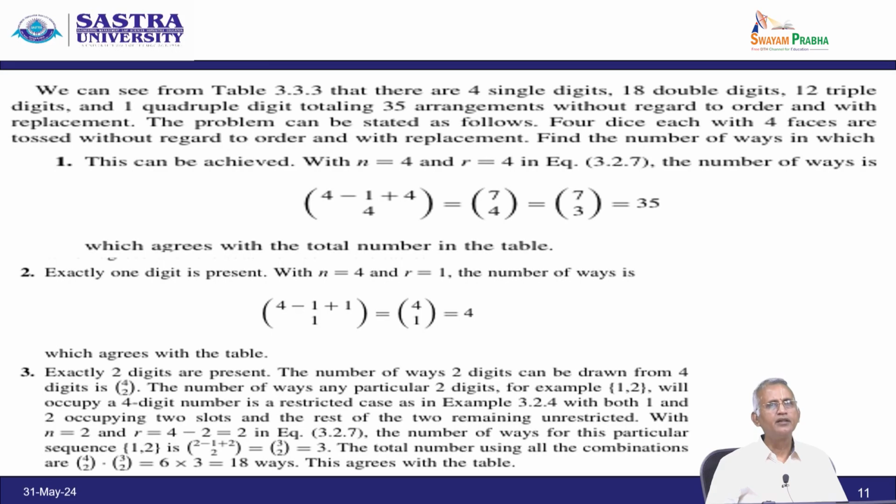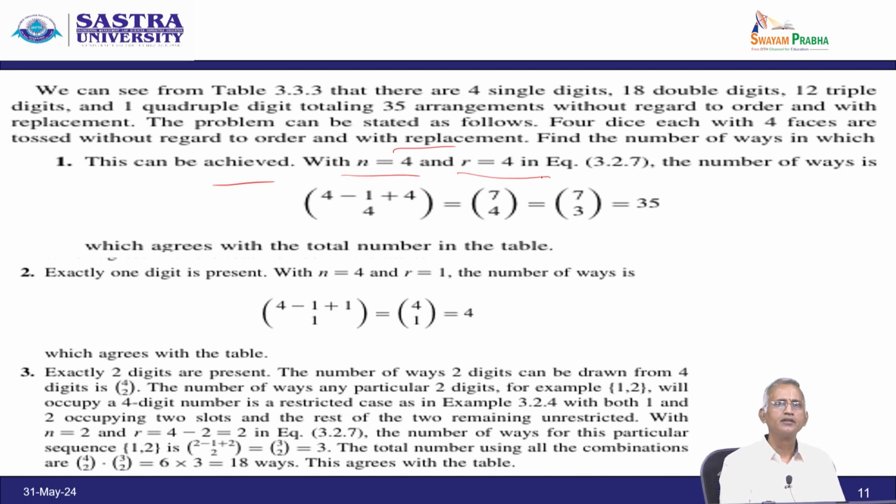Now, we can see from the table that there are 4 single digits, 18 double digits, 12 triple digits, and 1 quadruple digit, totaling 35 arrangements. Without regard to the order and with replacement, the problem can be stated as follows: 4 dice, each with 4 faces, are tossed without regard to order and with replacement, and find the number of ways in which this can be achieved with n equal to 4 and r equal to 4